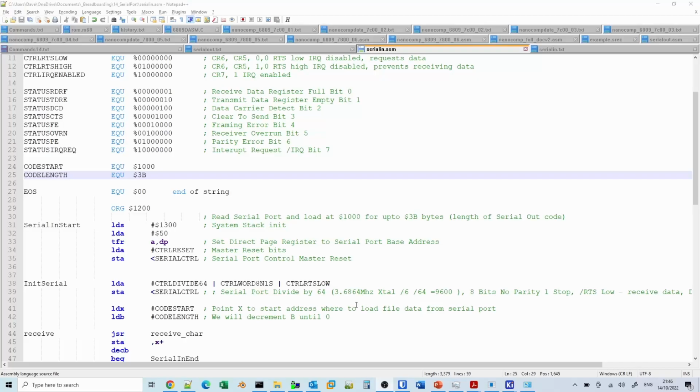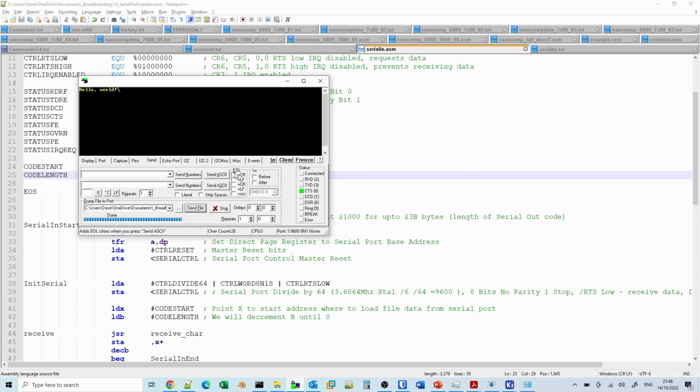We go back to serial in. So because we hadn't counted 1000, we were counting 3B, but we needed to add 1 onto that. So it's your classic not counting 0. But that should load the 0 in there anyway. So the only thing we need to do then is, if I go to memory 103B and put in 00, and what we should be able to do is go back to our terminal emulator here.